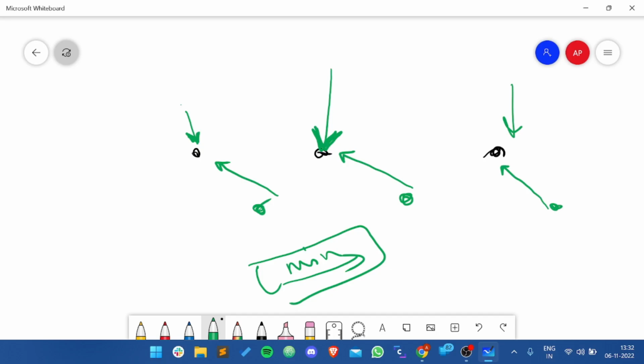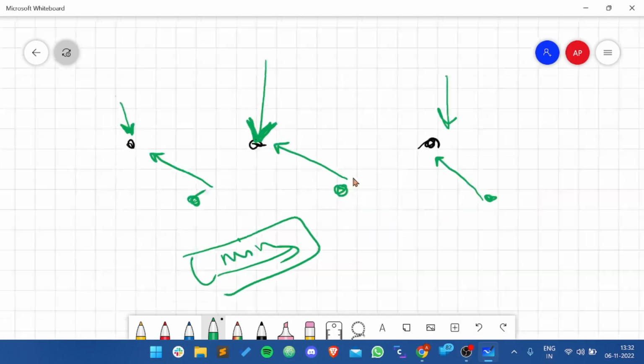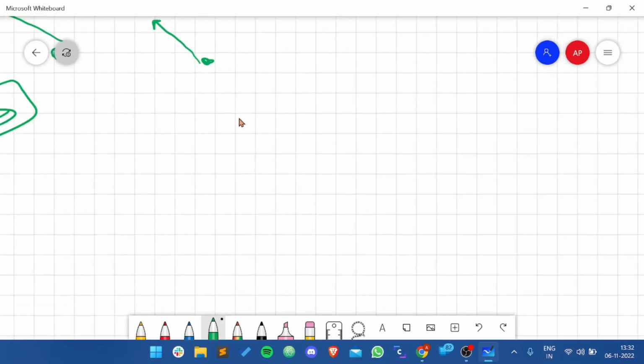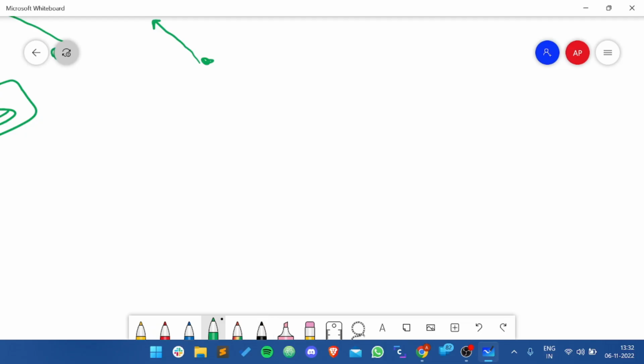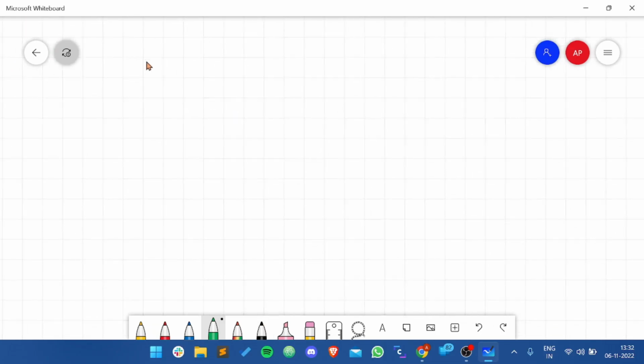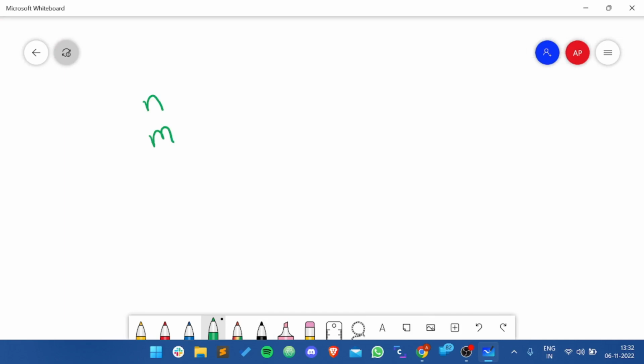Now how can we do this? This is basically a DP problem. So let's assume that we have n robots and m factories, and each factory has a limit, so it can repair only k robots, or let's say it can repair only x robots.